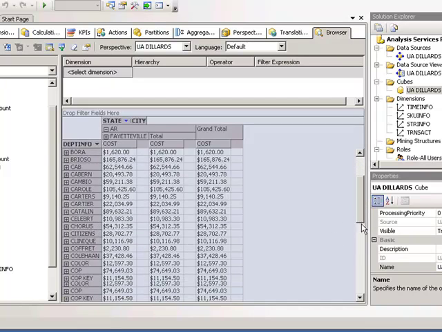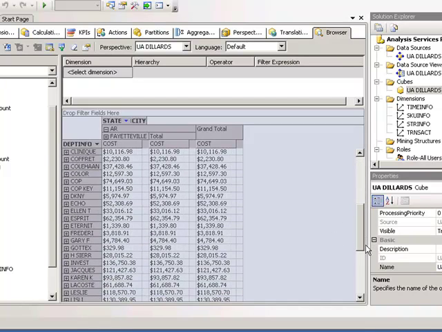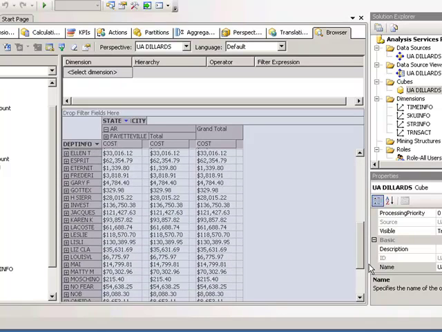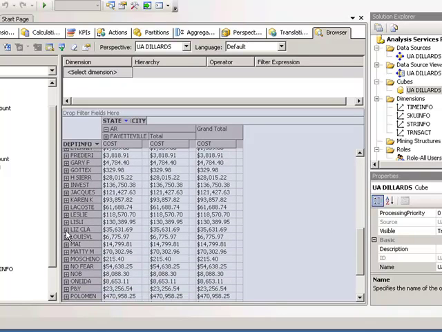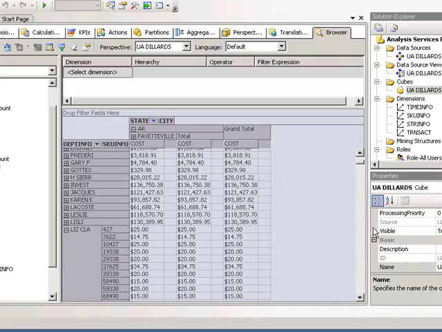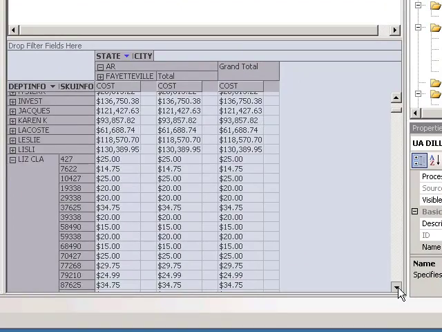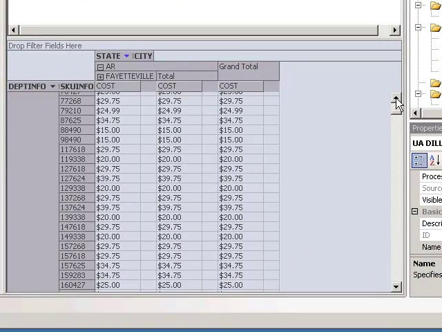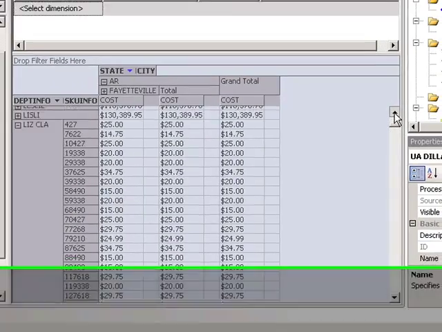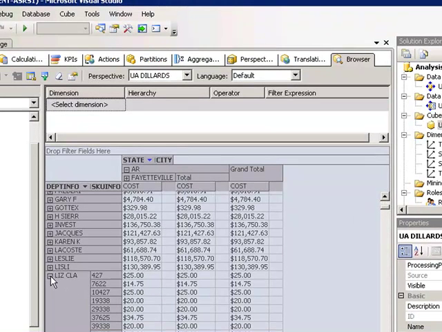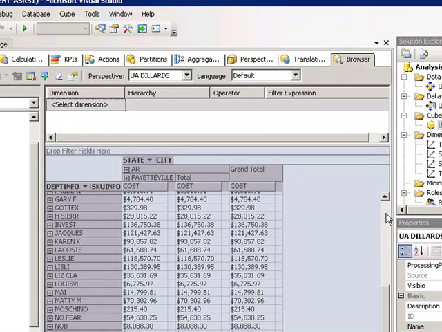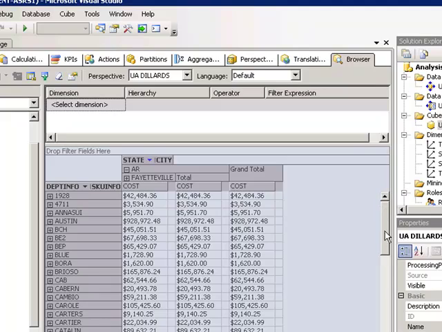So I could scroll down and look at Liz. I think this is Liz Claiborne. I expand that particular value out, and then I'm looking at individual SKUs or stock keeping units, which in our case doesn't make a whole lot of sense. We won't know what those values are,